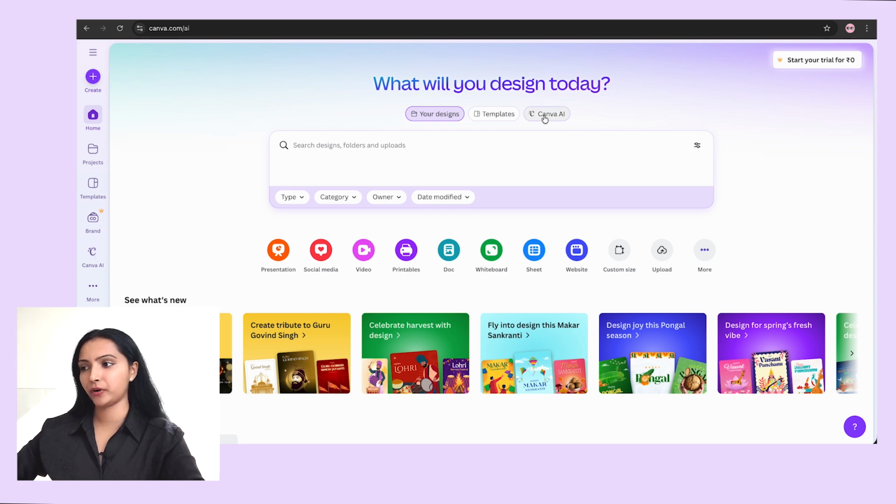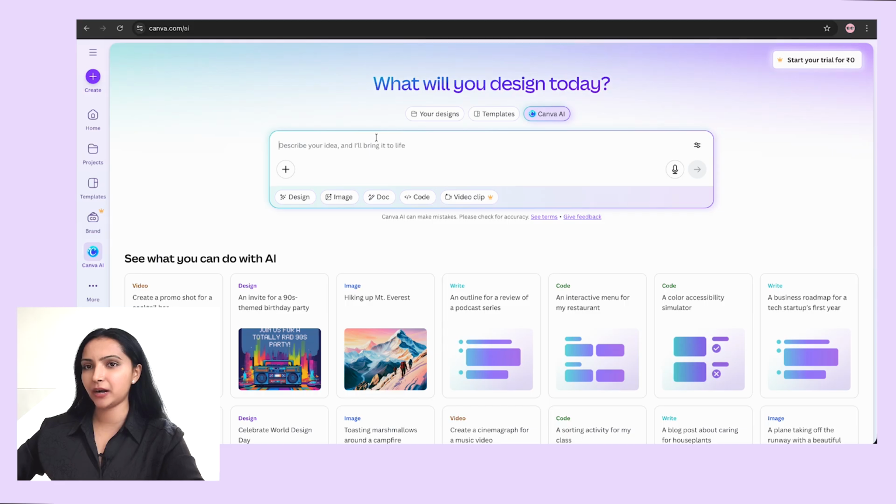So here we have Canva AI opened right now on our screen, a mini chat box, and then a couple of features they have added. Here you have to write a prompt, whatever you want. And here we have a plus button. You can insert your images or references or any kind of stuff you want to upload, and you can write the prompt over here and it's going to give you a result according to that. Here we have a chat voice where you just have to explain the prompt and it's going to write it here for you to save time. So in a way, it's very good to save time and everything.